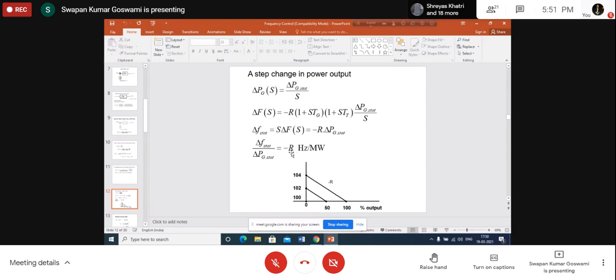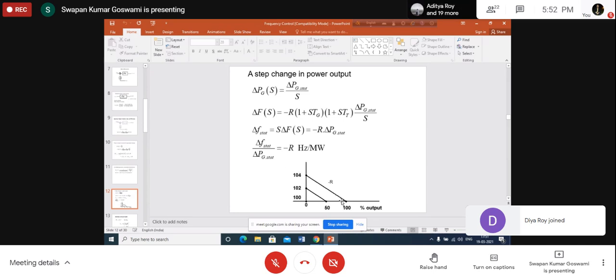Because of this minus sign, you see that this nature is drooping in nature. So basically this is following a straight line. This relation between delta F and delta PG represents the characteristics of the governor. The system is such that the frequency is allowed to change. Why is the system such? Because we are considering a generator connected to a terminal load only. So now from this we can understand the response of the governor, and how it has a drooping characteristic like this.